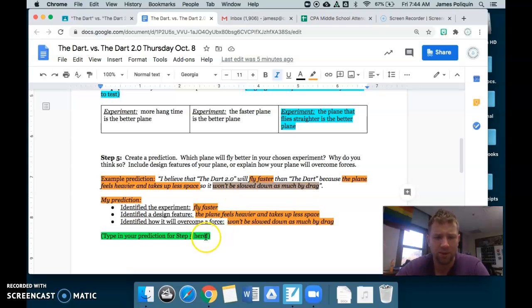So I'm going to recreate a prediction for the experiment I chose to do. I would say that I believe that, which plane is going to fly straighter? You know what? I think that the Dart is going to fly, or will fly straighter than the Dart 2.0 because